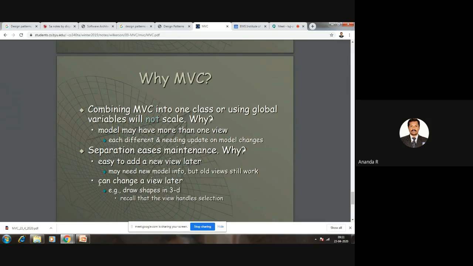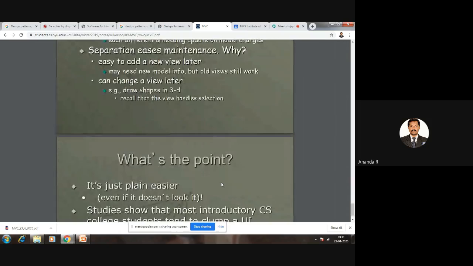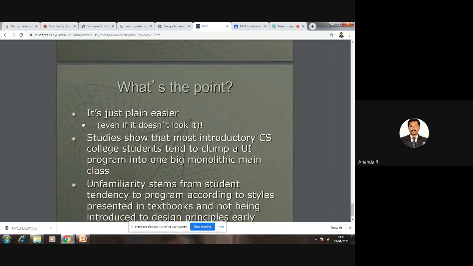We can also change the view later, for example to 3D views. It is just plain easier, a very easy-going design pattern.